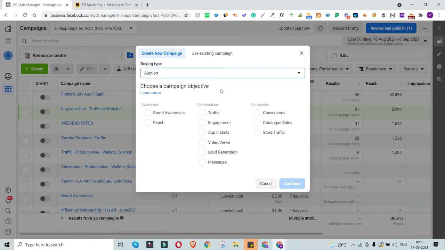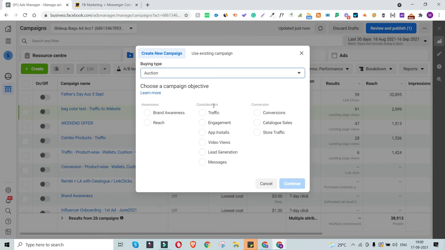And then the campaign objective. There is the straightforward concept of awareness, where we are just trying to reach out to more and more audience. Brand reach and awareness means we are just trying to show our ad to as many people as possible. In the case of consideration, we are also trying to show our ad to as many people as possible, but with an objective that they will be likely to click on the ad and convert into a lead or convert into traffic.